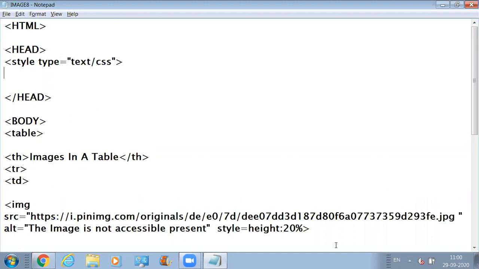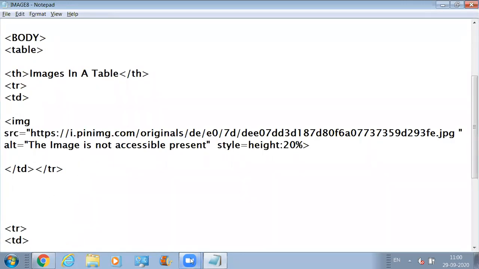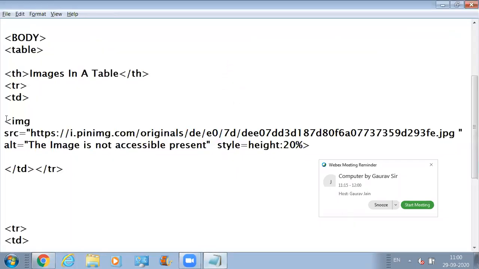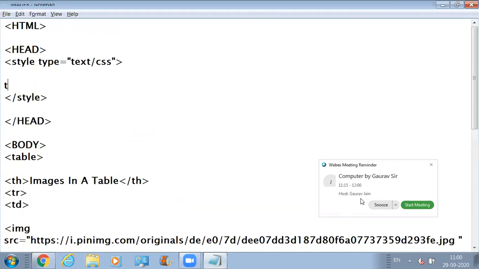Now here what we need to define, what else do we require? Let's close this style tag. And now if suppose you want to align it, you want to see everything in the center, what you can do is, this is a style tag. Now here we can make use of the style tag for the table header, for the table row, and for the table data. What is a property, what is an attribute with the help of which I can align it in the center? Can anyone help me with that?